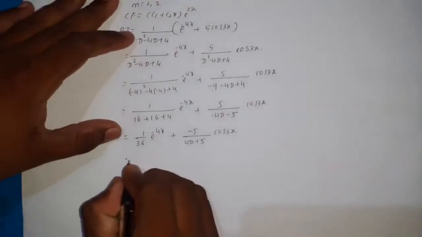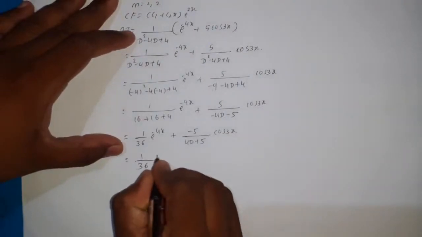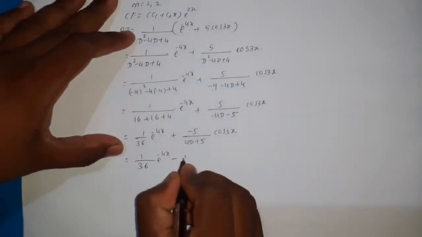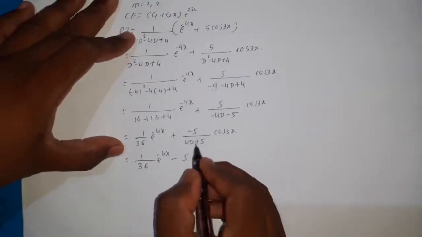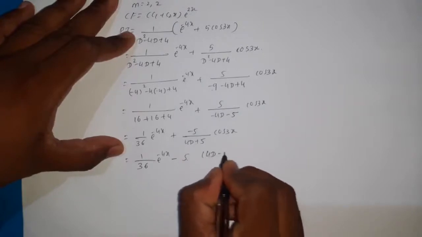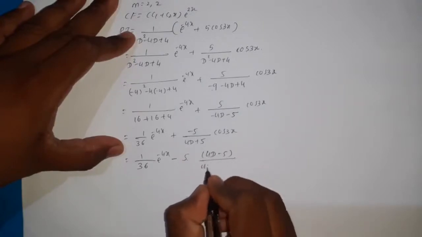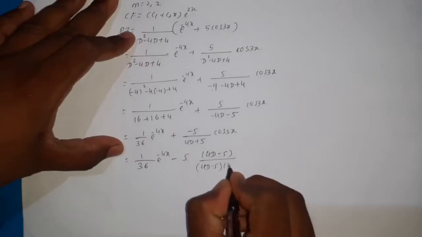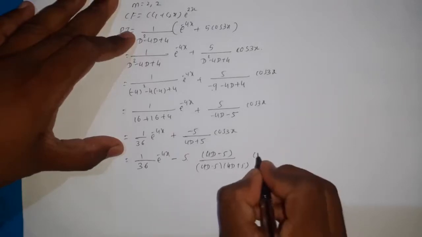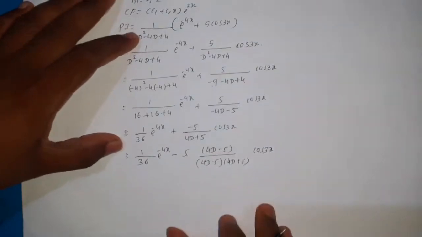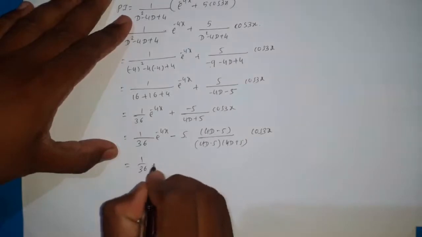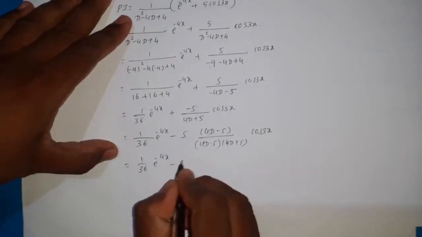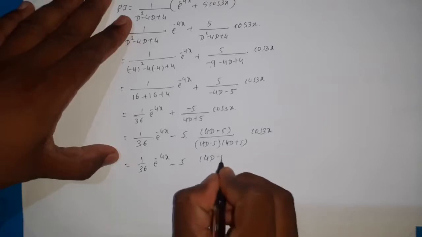So therefore it is 1 divided by 36 e power minus 4x minus 5, that numerator we have taken minus 5, then 4D plus 5 is remaining, then we need to multiply by 4D minus 5, 4D minus 5 into 4D plus 5 cos 3x. Then this is equal to, so here 1 by 36 e power minus 4x minus 5 into 4D minus 5